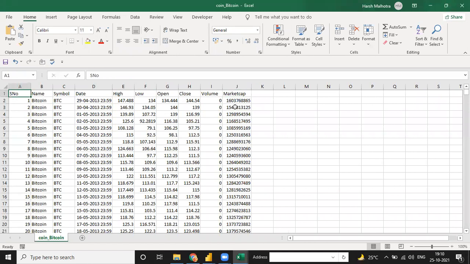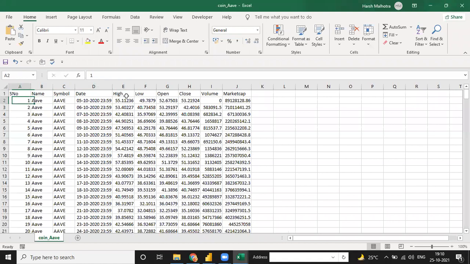And guys, one more thing you have to remember: when you connect all the CSV files into your Power BI, your CSV file format should be the same. Same means every column name and column number should be the same. See, right now it's 10 columns, and in the second file also 10 columns, and all the column names will be the same. This is not for all cases, but for the case we are doing now.